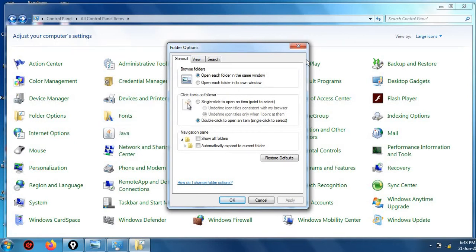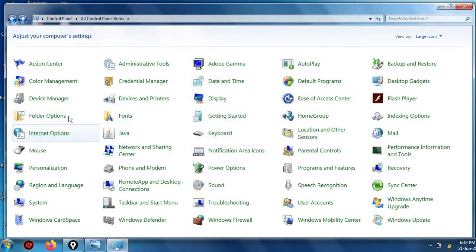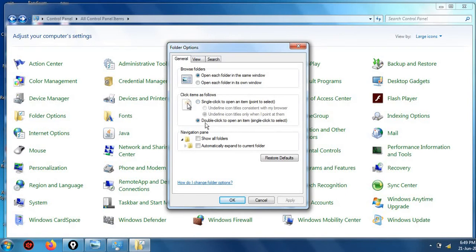If you go to this folder option, here you can see double click to open an item. It is selected by default. If you click on single click to open any item, then by just clicking one time you can open any file or folder.